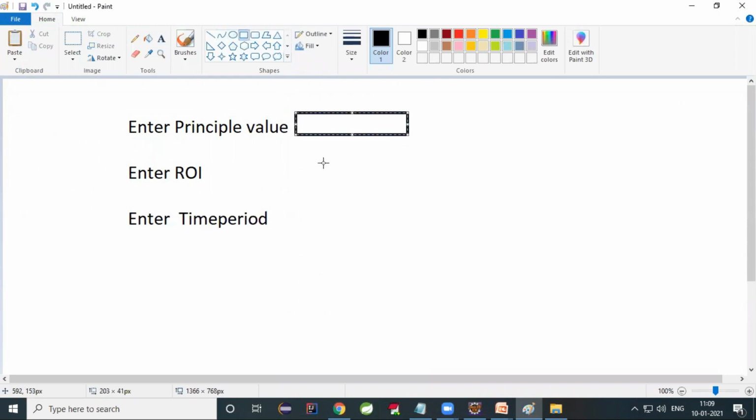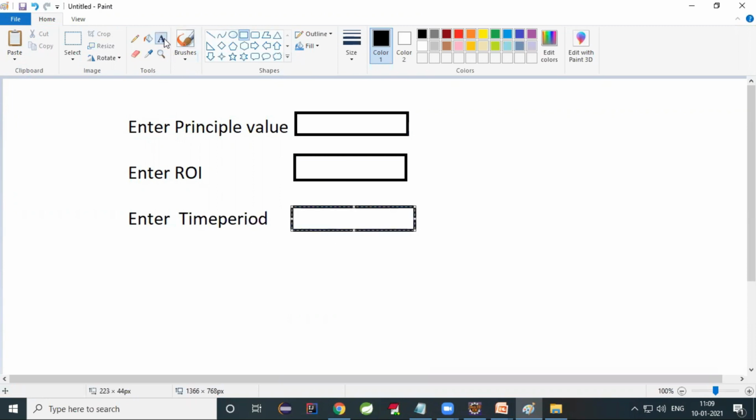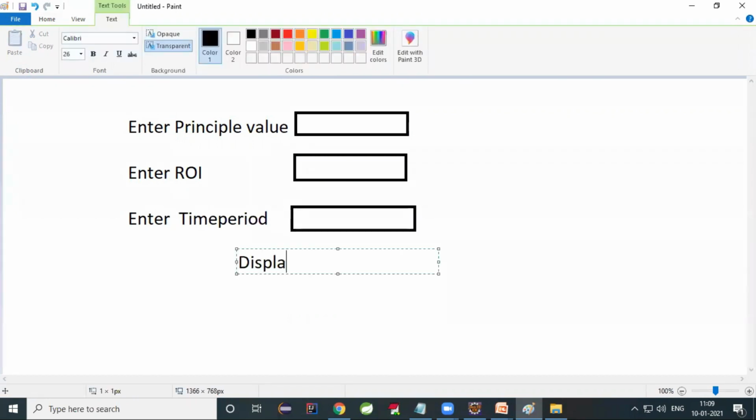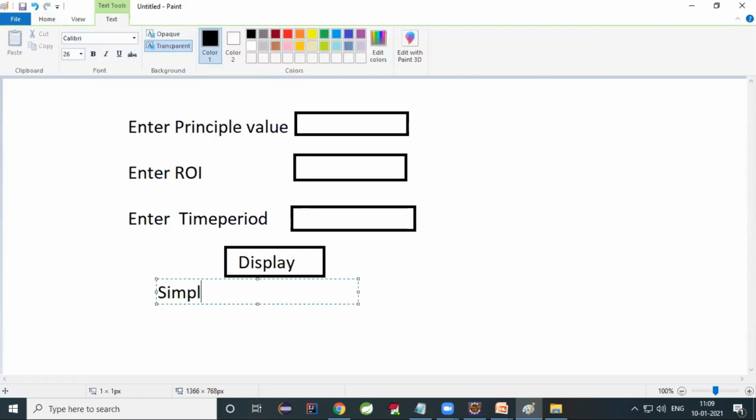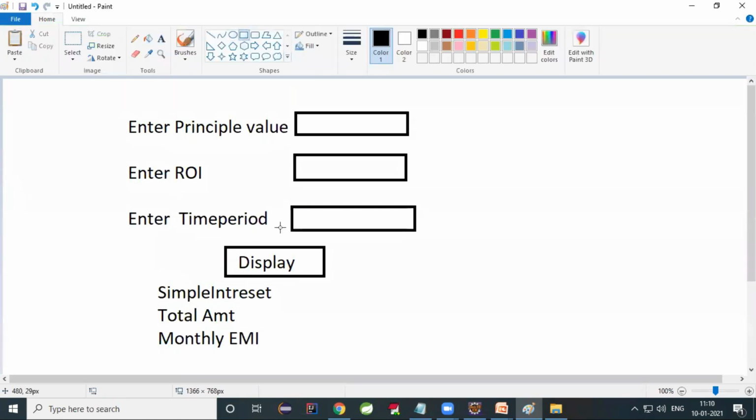And here text boxes, and here one button, something like display. What to display? Display simple interest, total amount. Next, monthly EMI. Monthly EMI also you have to display.